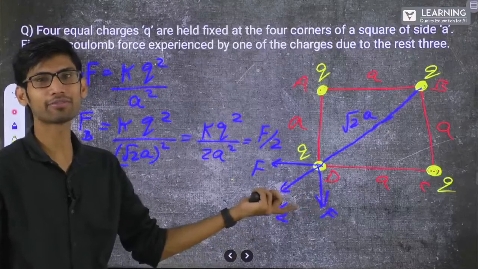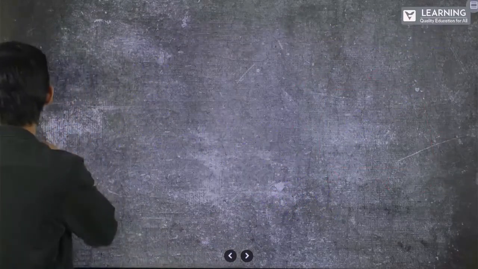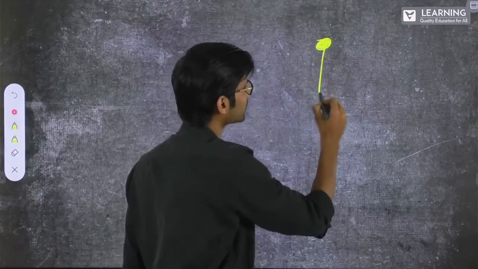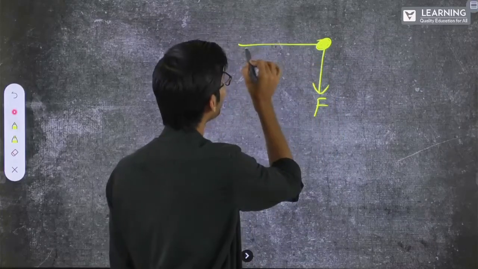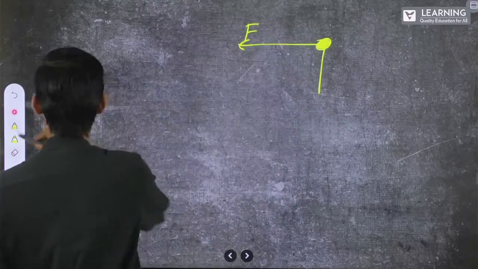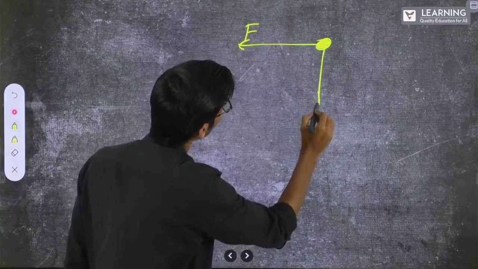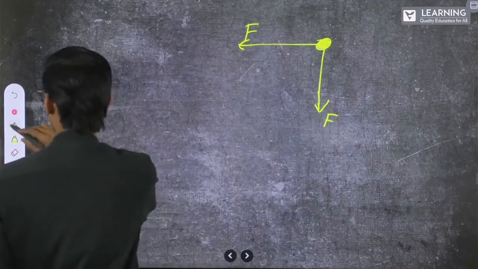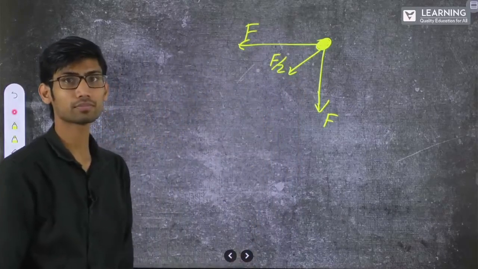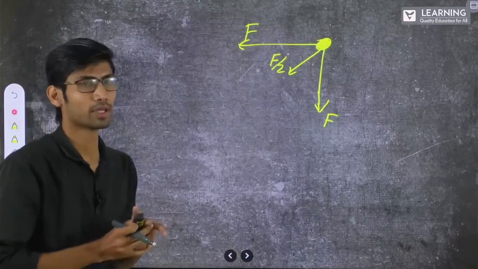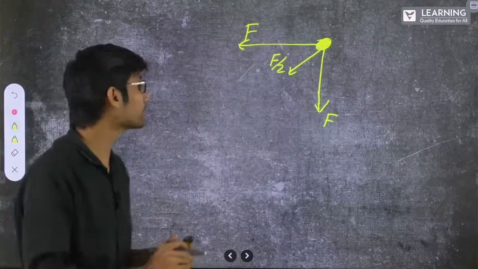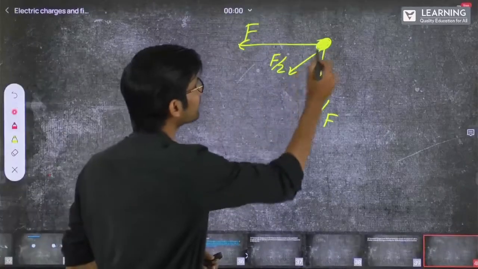Can we find the vector sum and the net force? Yes, let's do that. So what finally we got is, this is the D charge. It is having one force in this direction F, one force in this direction F. Both are equal. So I'll try to make of equal length. And this is F by 2. Okay. Now what we'll do, how to take the vector sum? See, these both are equal and are at 90 degrees. So now the F net will be somewhere in the middle.